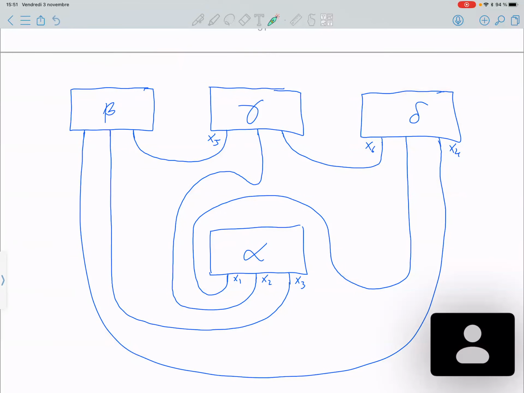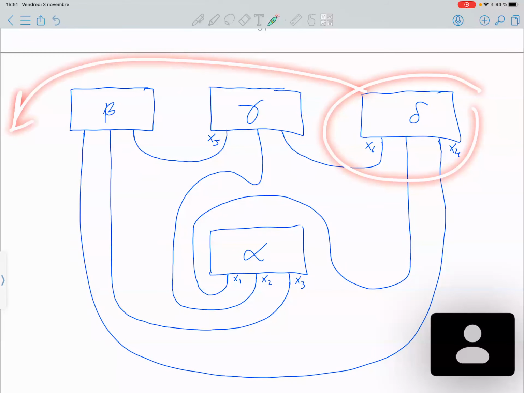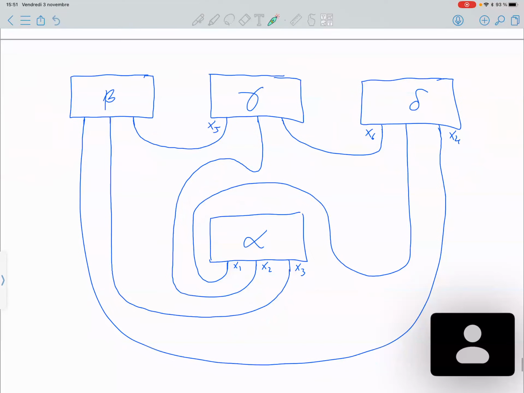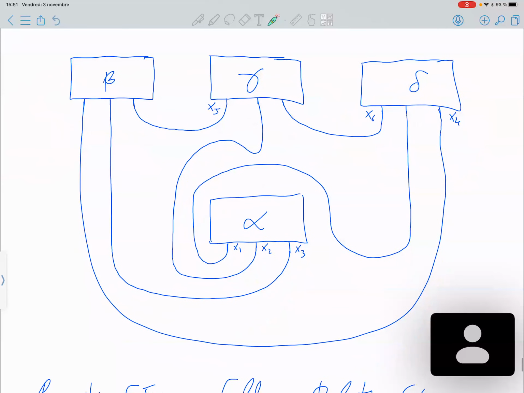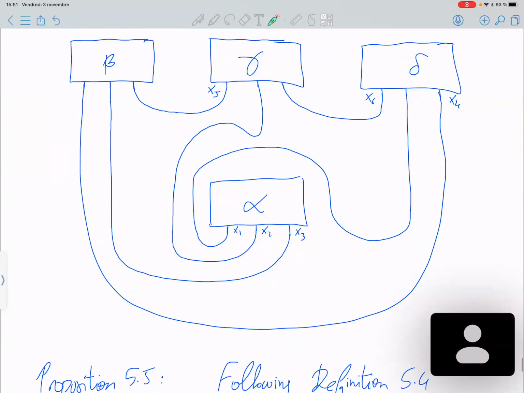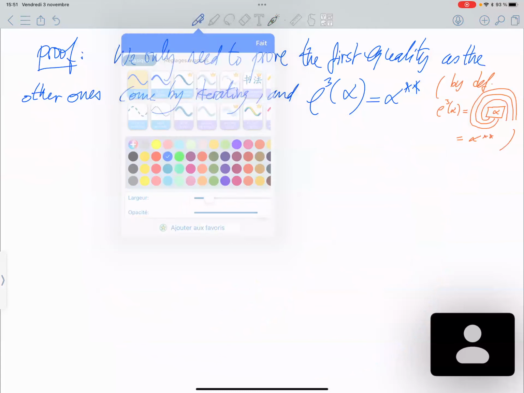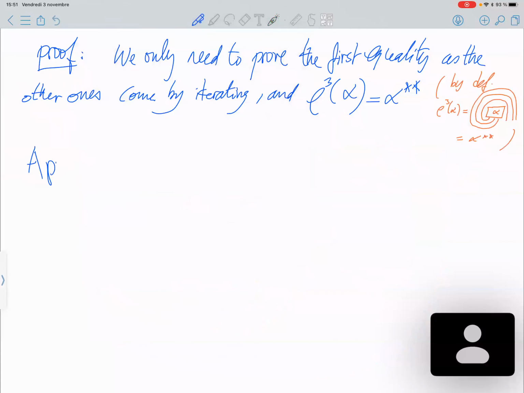We will put this one the other way by putting a double dual, exactly as we proved in the preliminary section. So apply lemma 2.4